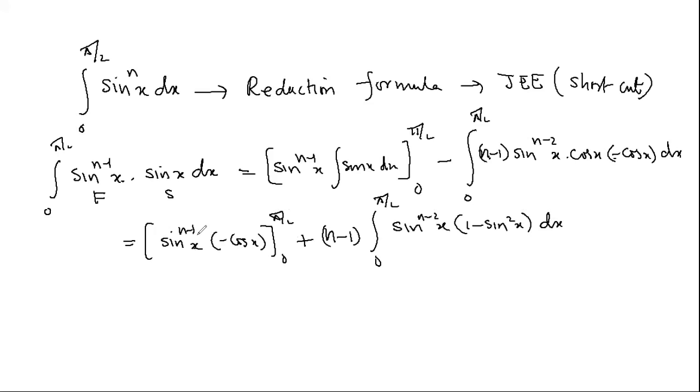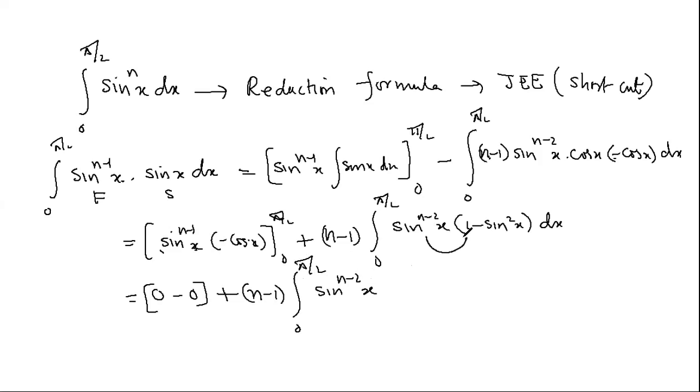When I put x as pi by 2, this will become 1. But when I put x as pi by 2 here, it becomes 0. Hence, the product is 0. When I put x as 0 here, this will become 0. And this will become 1. So when you put pi by 2, the second part becomes 0. When you put 0, the first part becomes 0. Hence, this always is 0. Is it clear? Please speak out. If you don't speak up, I feel that you are not there in the class. I can't see you.